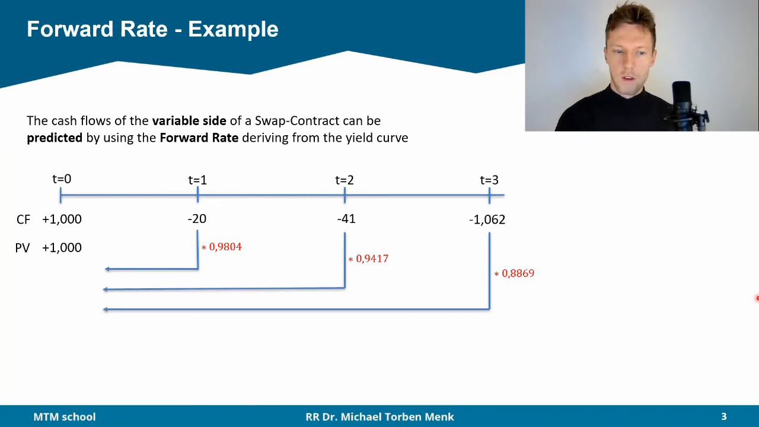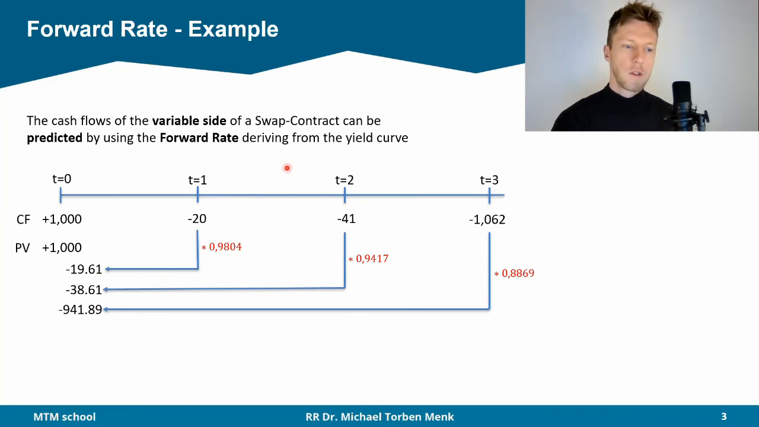You first see all the zero bond discount factors, meaning this is the zero bond discount factor from 0 to 2. This is the zero bond discount factor from 0 to 3. And you have to multiply the cash flows in order to get the actual true nowadays value for the future payments, the discounted value. So minus 20 times 0.9804 is minus 19.61, minus 38.61 and minus